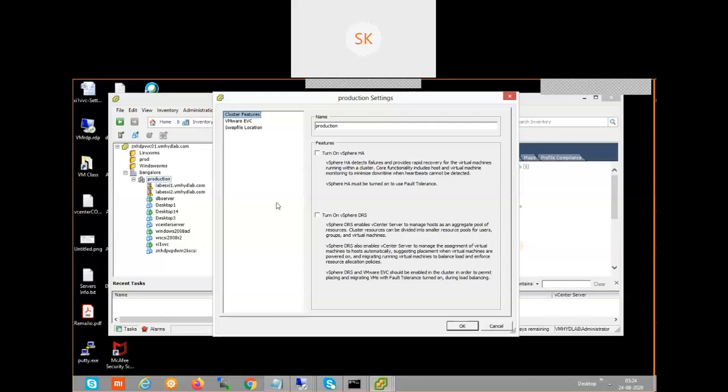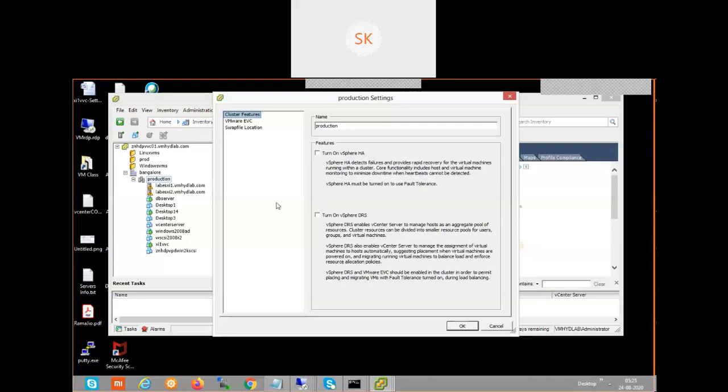Before adding an ESXi host, you need to make sure that the CPU model of the existing ESXi host and the ESXi host with a different CPU family that you are going to add is compatible under EVC or not. If it is not compatible, adding a host to the cluster is meaningless.